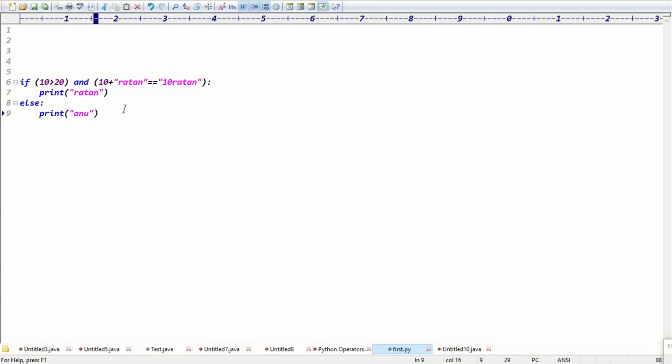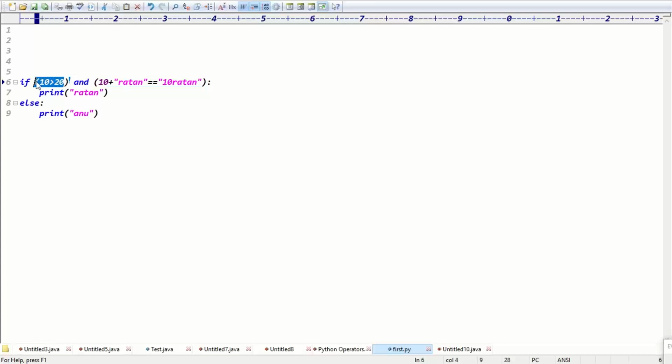Guys, here I'm using a bitwise operator, logical operator. I think you're using the logical operator, right? If you're going for the logical operator, the second condition's execution depends on the first condition, right? Here the first condition is true or false? False, right? If the first condition is false, is the second condition executed or not? The second condition is not executed. See, if the first condition is false, then what is the use of executing the second condition? If any one is false, return false only.